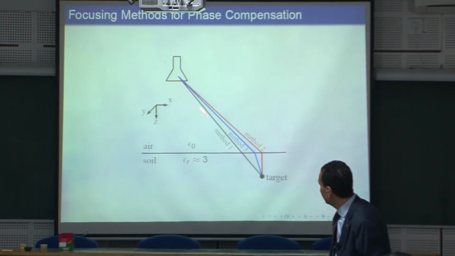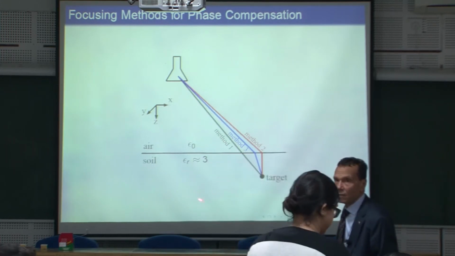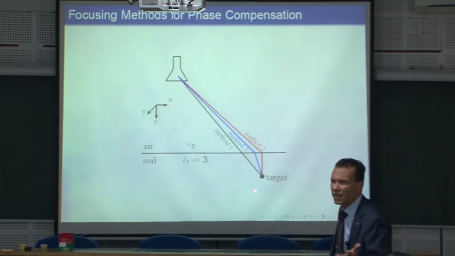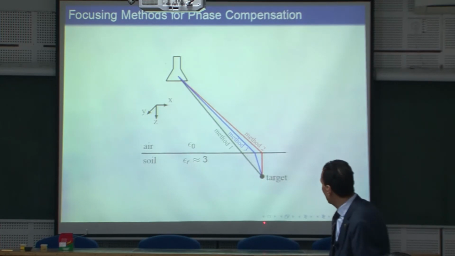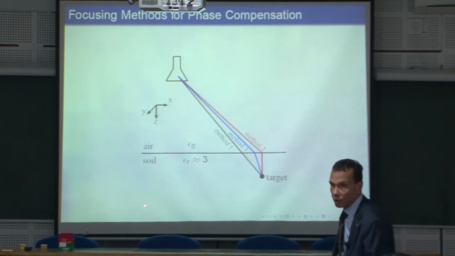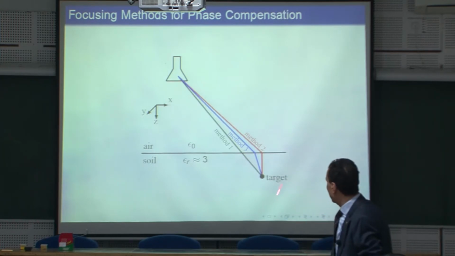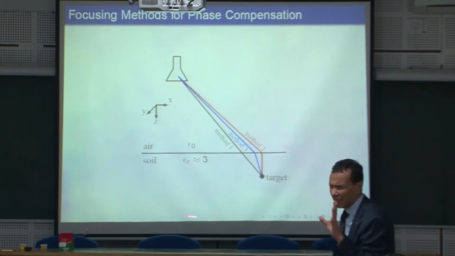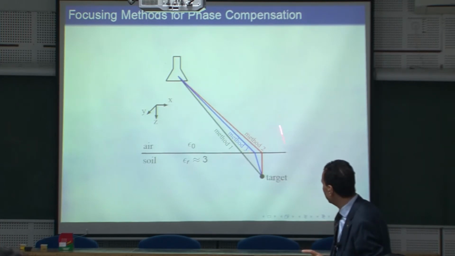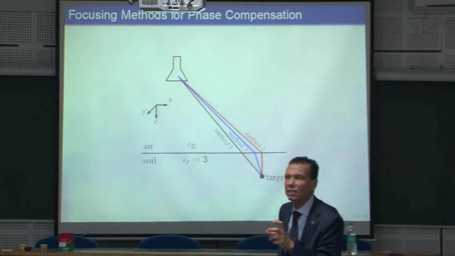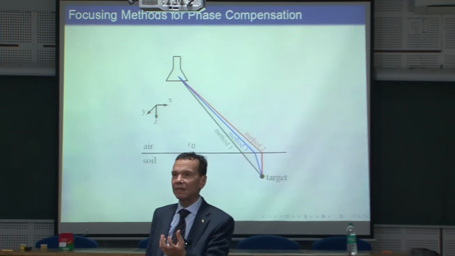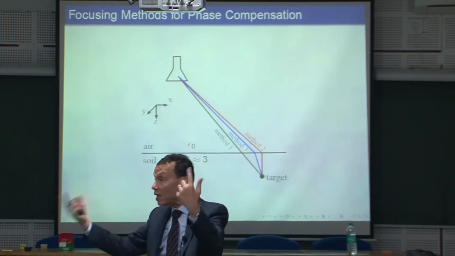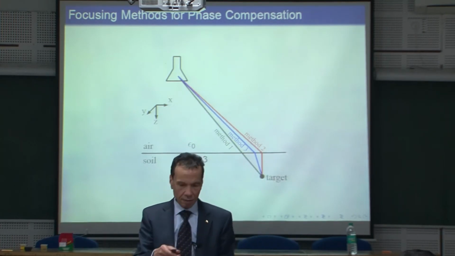One, assuming that we don't have the Earth, and I am propagating this way, so that I can calculate the delay this way, which is very simple. Or I assume a certain epsilon r, which I measured before. So I have the beam itself tilted, and this is here. I don't remember exactly what was the difference between 3 and 2, but these were 2 approximations, just to have a better estimation of the delay, which I will involve afterwards for my focusing. Okay?